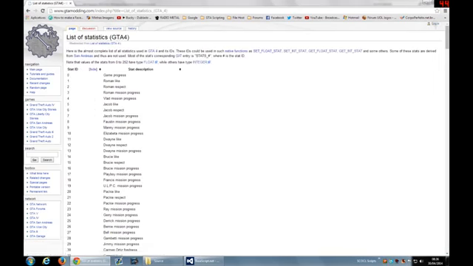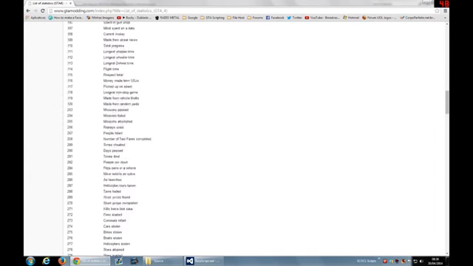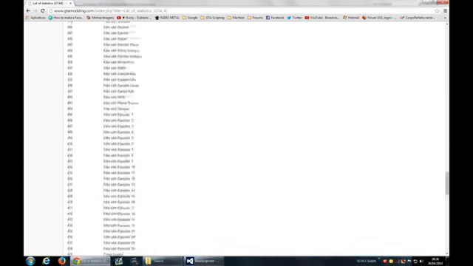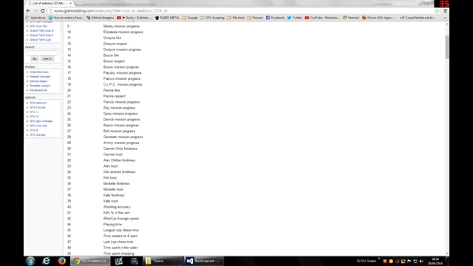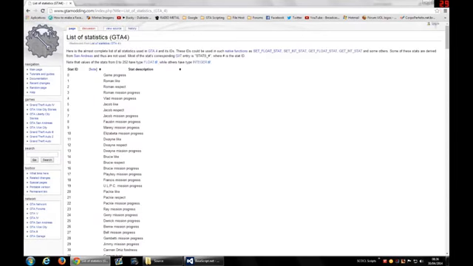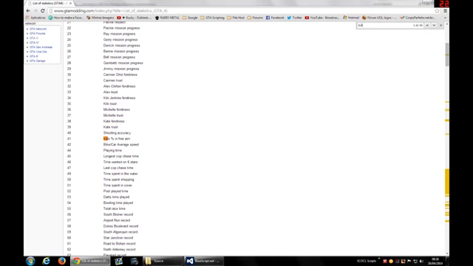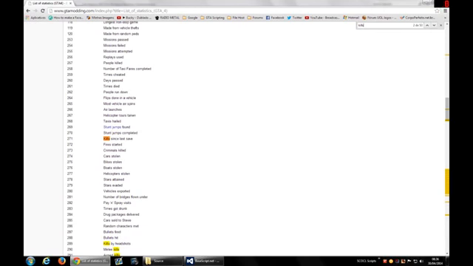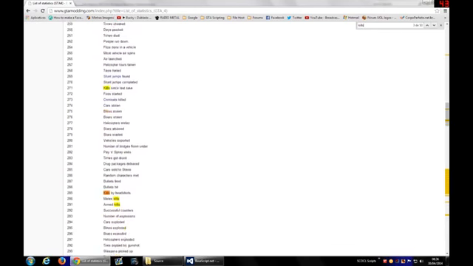Now the parameter that we use is this one here. It's only one parameter, which stat we need. For example, we have this big list here of stats that we can obtain. Let's pick the kills that the player did. Let's see, kills by headshot, armored kills.